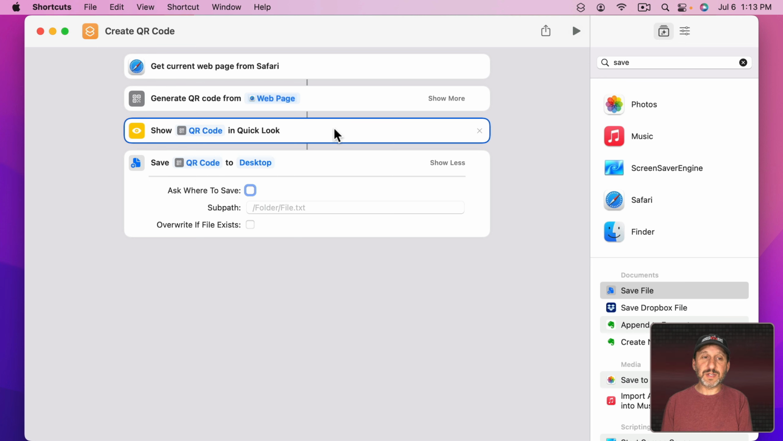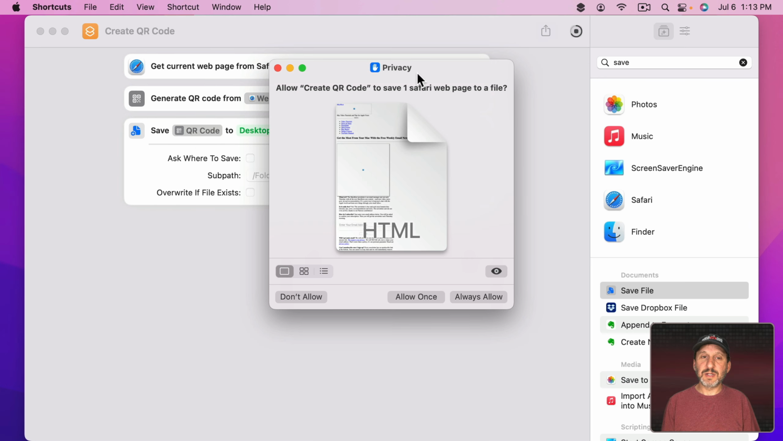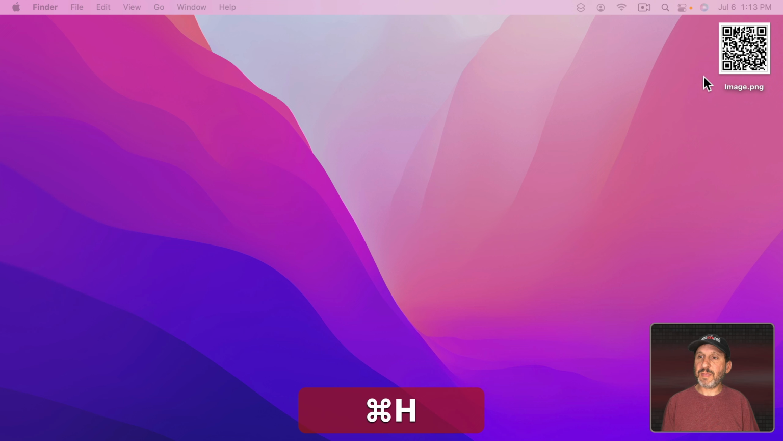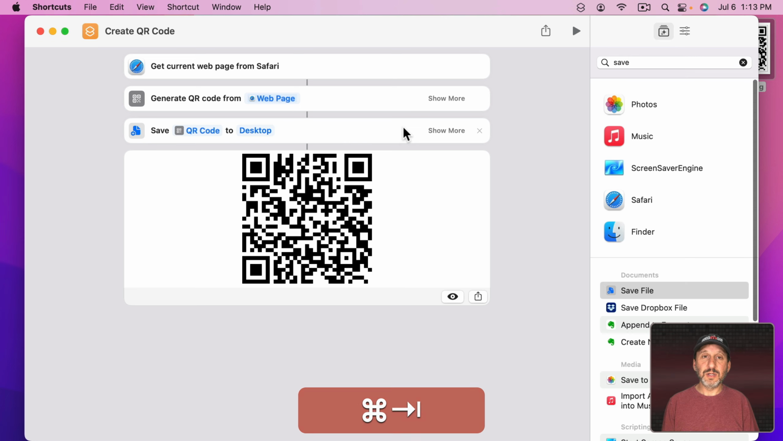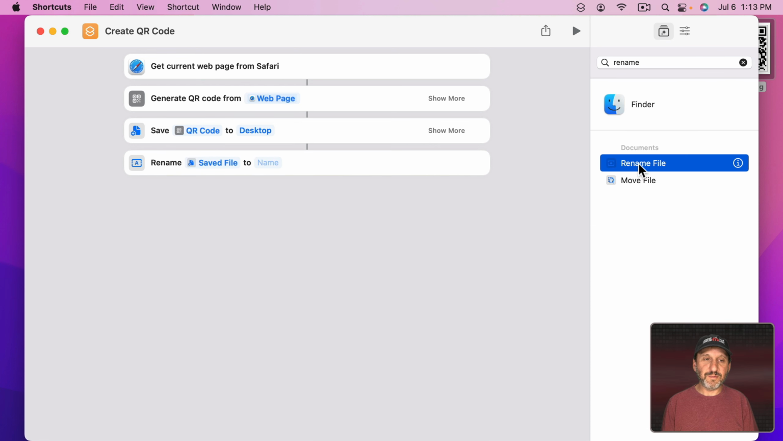And now let's get rid of this quick look here, and now I run it. The first time it's going to ask me to give permission, and now you can see here I've got it on the desktop. It has a very generic file name, so let's fix that with a rename and rename file